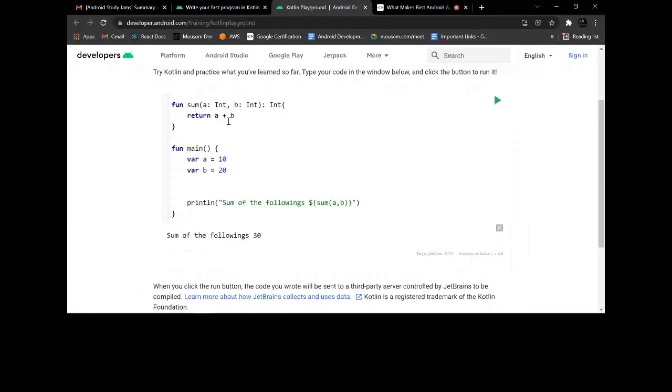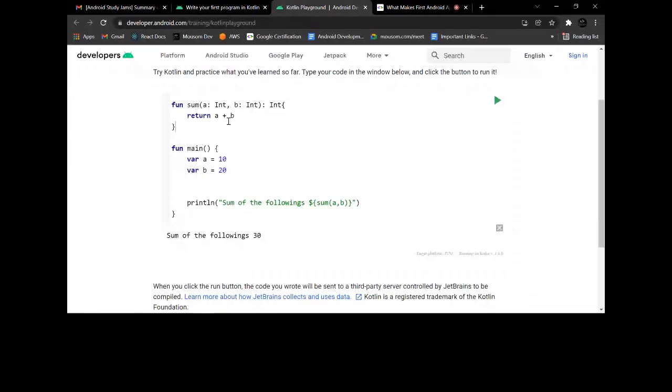So you can see it's very complex for just a simple sum operation. But if the program grows, like in our Android application building, we'll do many complex things, so for that we also have to organize our code.